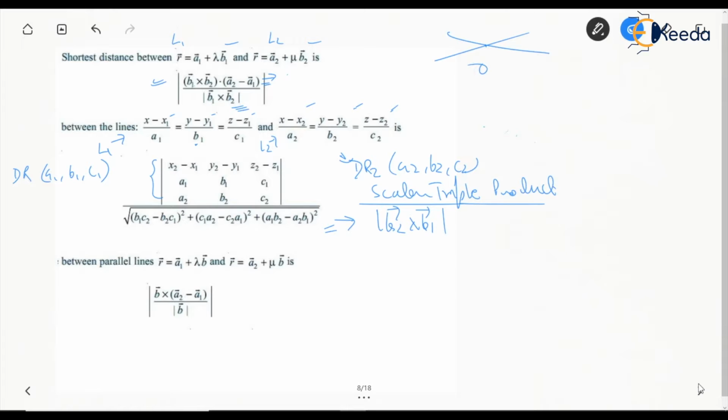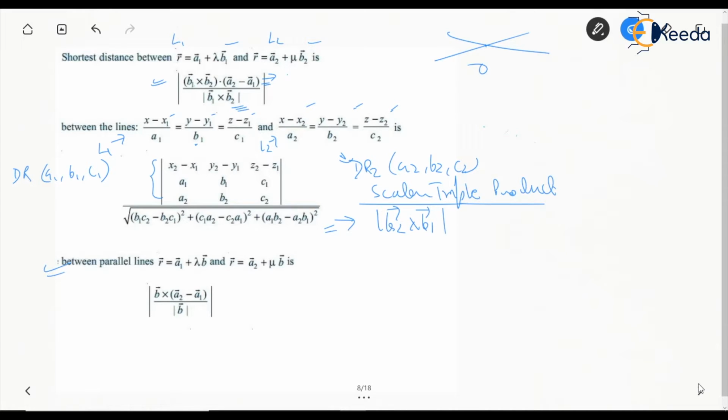But there are chances that there are certain lines which are not parallel. Don't assume that this is, it will confuse you. So there are lines which are not parallel, but they are not intersecting in the three-dimensional plane. This is not happening in 2 dimension, this is happening in 3 dimension. So these are the lines known as skew lines, right?